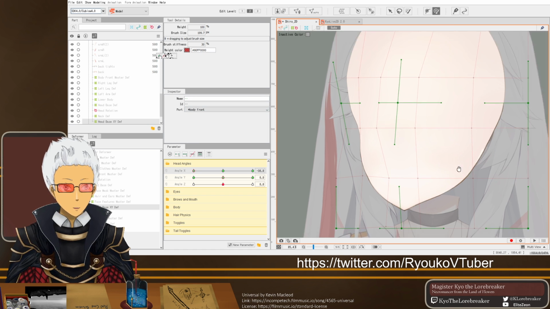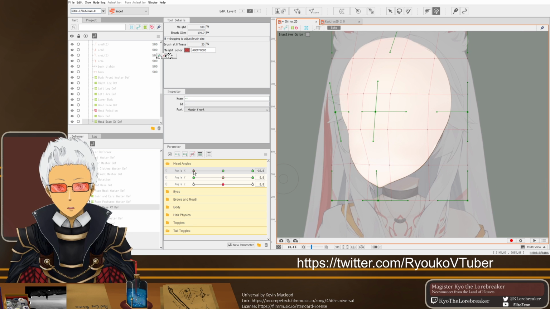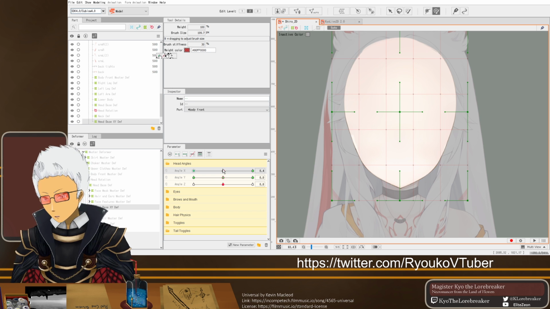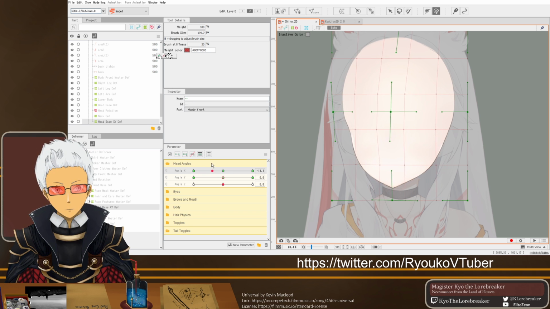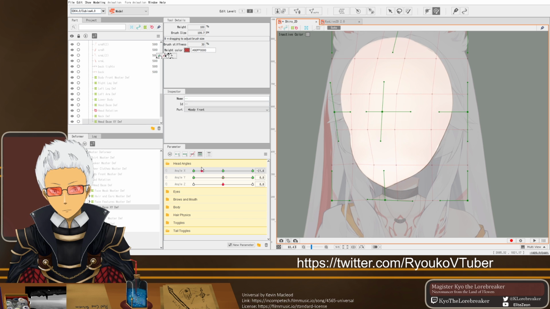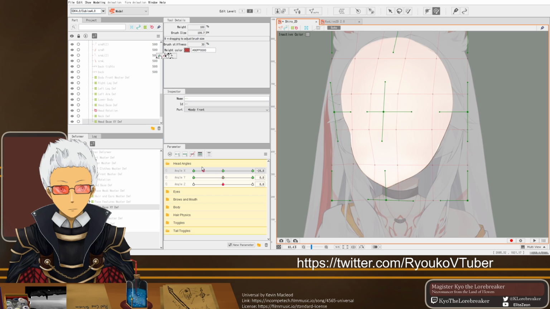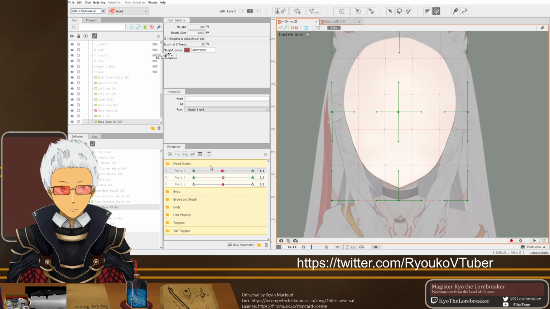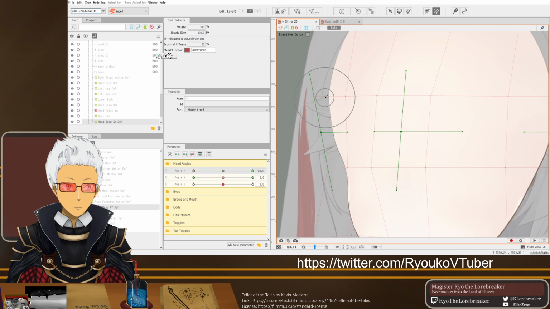Turn off the mesh so we can see. And now, basically, we can have the head tilt like this. So there we go. We got that part basically ready to go.